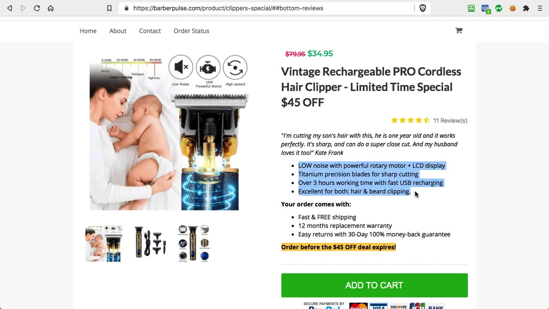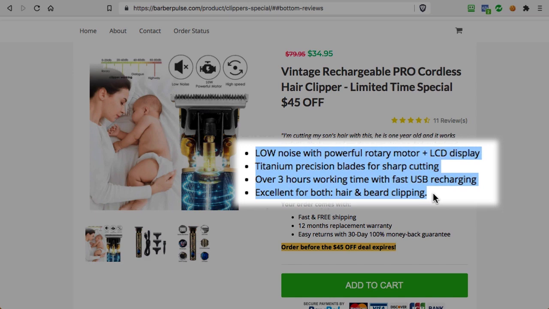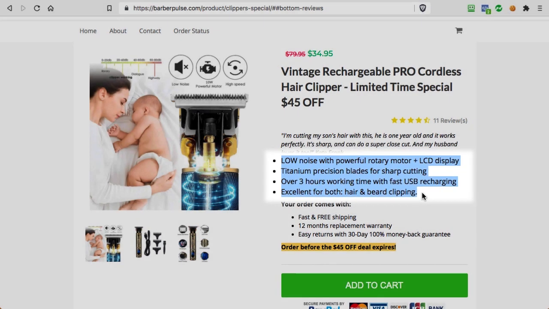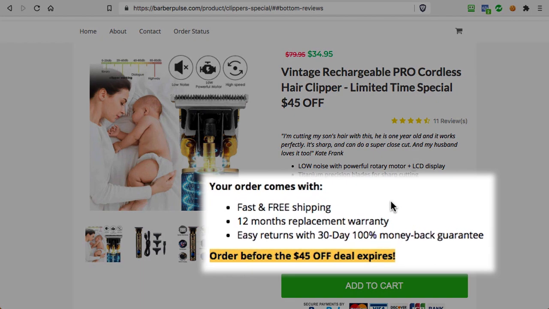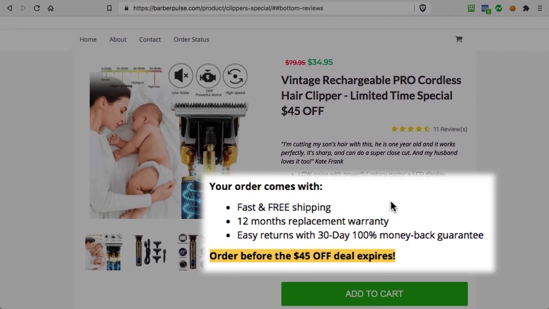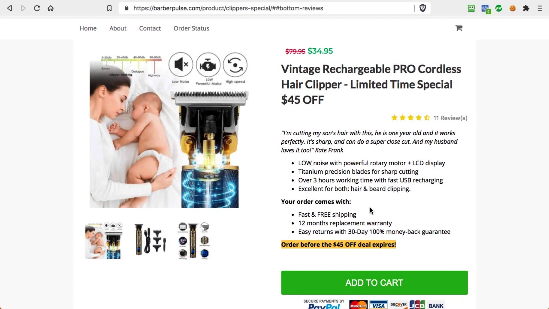You need to highlight those benefits in a couple of bullet points that easily engage them and explain what they can expect from the product. And then obviously you give them a call to action, with information about shipping, delivery, guarantee and all those things.